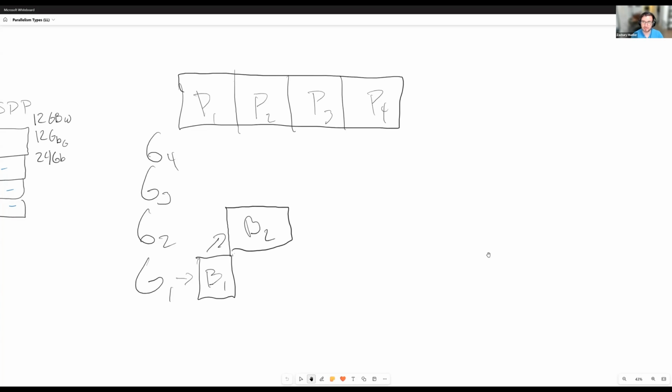And then it does everything relative to its local parameters. Then we have, actually this is B1, and B1. So then after we've gone through and passed the parameters to every GPU, so this is the forward pass, then we have the backward pass,